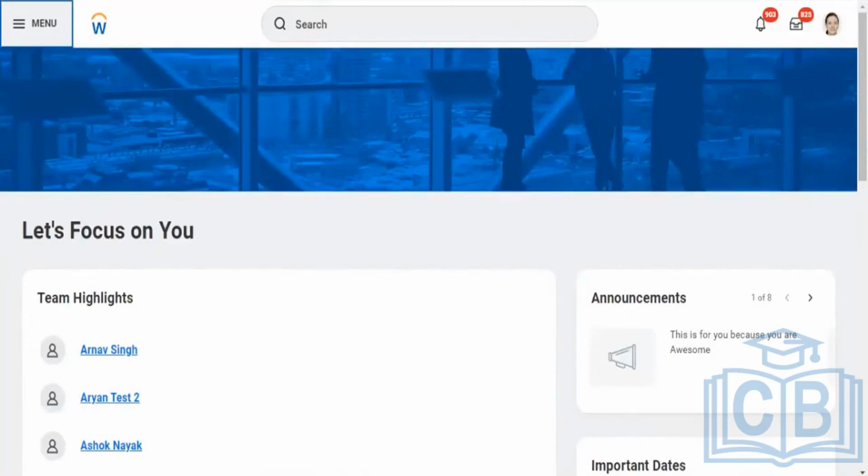As a learning admin, you will have access to enroll an individual employee into the course, not a group of employees. As a learning admin, you will have an option to pick any employee and assign them to a course. That's what we have done.